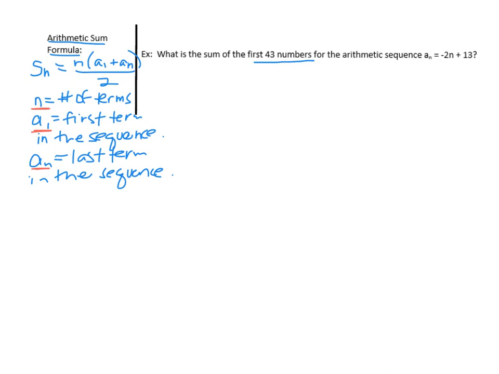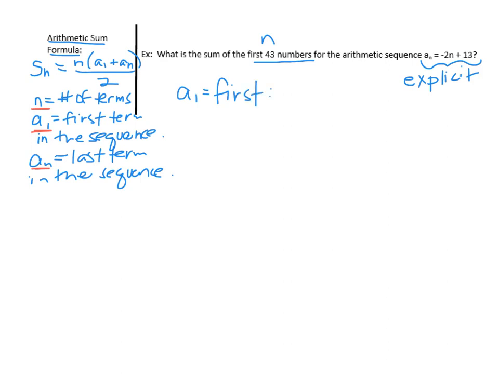All right, let's again look at our example on the right. What is the sum of the first 43 terms? That will indicate our n value for the arithmetic sequence defined as a sub n is equal to -2n plus 13. This would be the explicit definition. We need to figure out the first term and the last term. Well, the first term is going to be defined as a sub 1 because it says the first 43 numbers. So a sub 1 is going to be the first term,